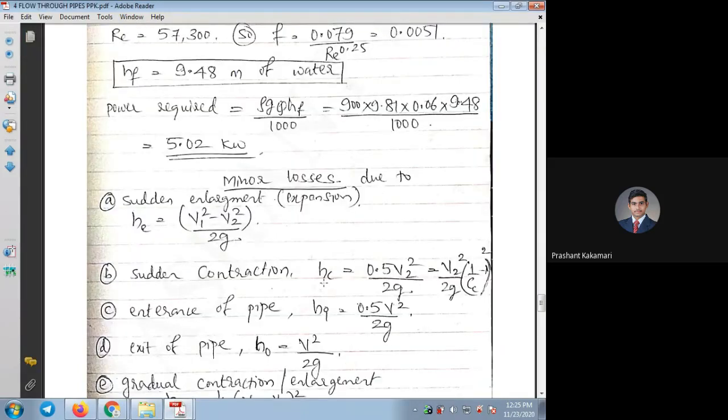For sudden contraction, you can directly use what you used in JAB: 0.5 V2 square by 2G. So it is completely dependent on the exit velocity. So half of exit velocity square divided by 2G you can use. Or else, if you know that